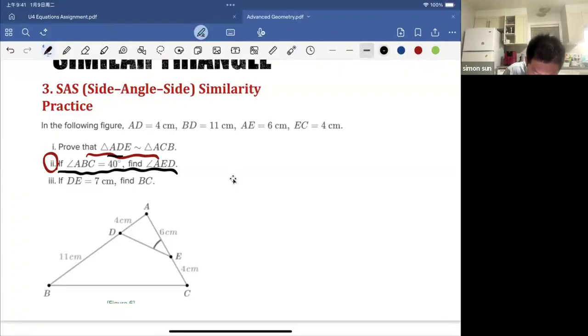Okay, if you take a look at the ADE and the large ACB here,